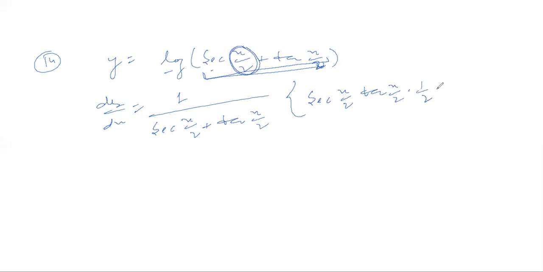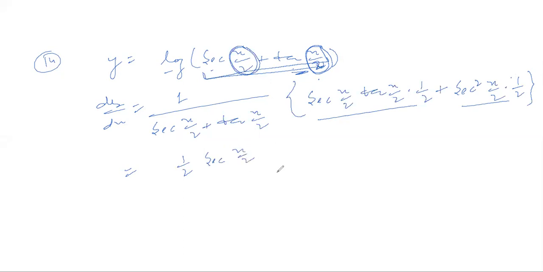So it will be into 1 upon 2 plus, next is tan x/2. So it will be taken as tan x. Okay, so the derivative of tan x will be sec square x. So it will be sec square, and in place of x we got x/2. Since we have taken x/2 as x, we'll differentiate this again, and that will be 1 upon 2. Now you can see that from this and this, what can be common? 1 upon 2 sec x/2. So take that common, it will be 1 upon 2 sec x/2 divided by, the denominator will be as it is, which is sec x/2 plus tan x/2.